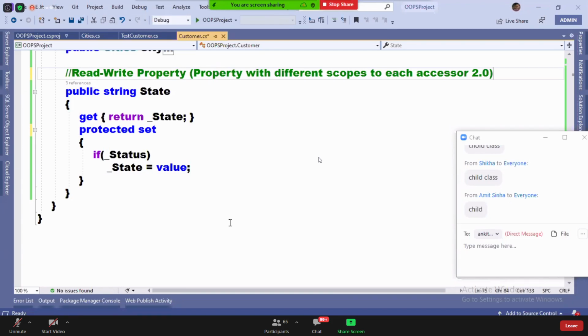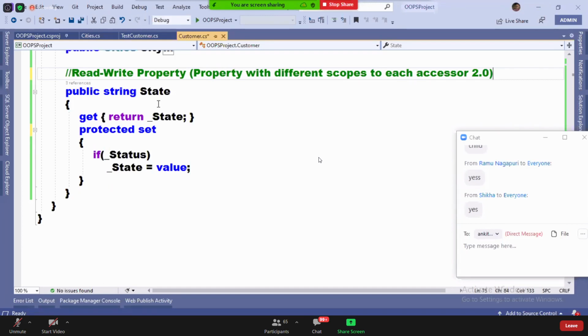Get is public and set is protected. Earlier we used to write two separate properties, public GetState and protected SetState, but now in a single property you can fulfill this task.